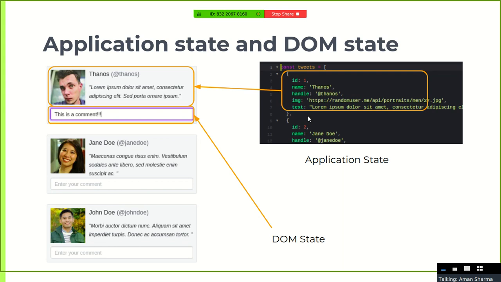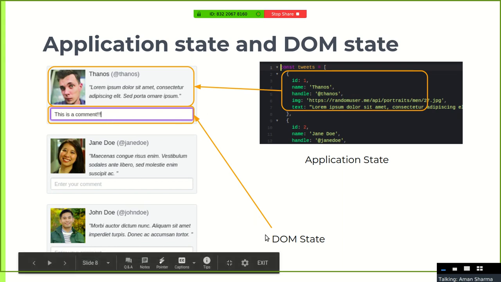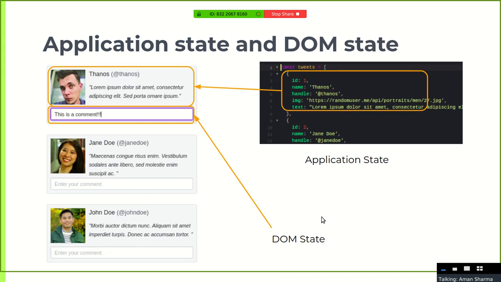And this data is reactive, so this is actually the application state. Now the enter your comment fields were empty, so whatever I enter in them and leave that way will stay in the temporary DOM state. You just keep that in mind. You'll understand what I'm trying to say later on. So we now know what application state is and what a DOM state is.